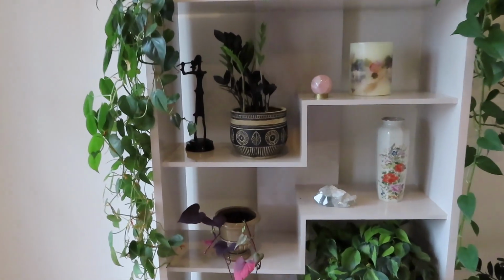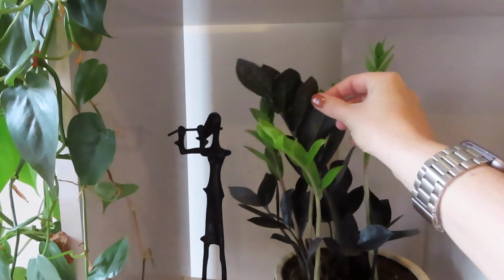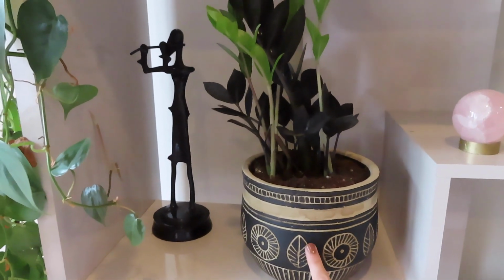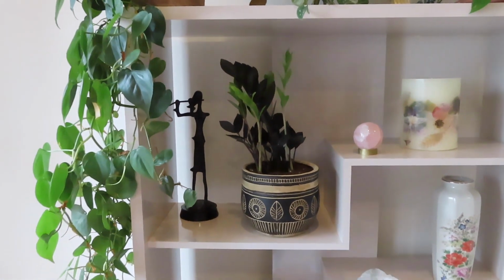So in here I have a Raven ZZ plant. This is the one where the new growth is green, but as it ages, it turns black. And I really like it here in this black pot. I just got this. This might be my most recent houseplant purchase, and I think it was from Home Depot